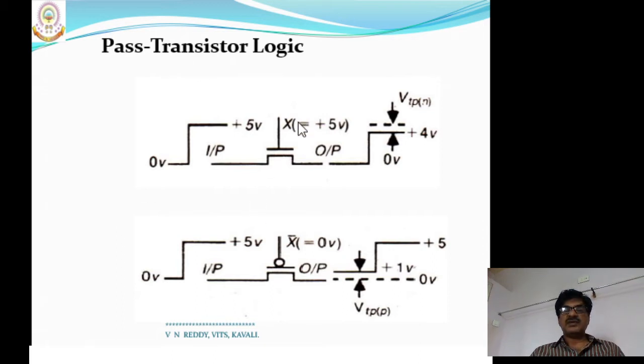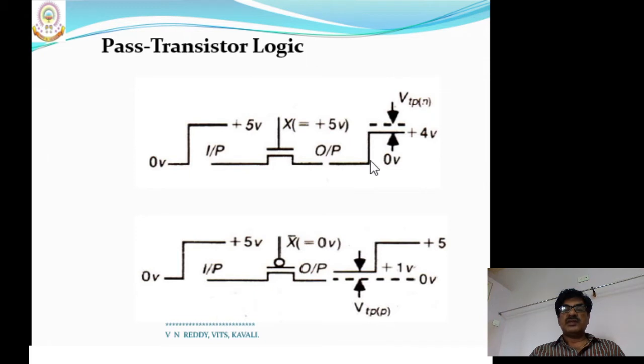See the diagram. The first one is the NMOS pass transistor with the input as the transition 0 to 1. 0 is 0 volts, 1 is 5 volts. Another one is PMOS transistor with the same 0 to 1 transition. 0 means 0 volts, logic 1 means 5 volts. That is applied at one end of the pass transistors. When they are switched on, either NMOS transistor or PMOS transistor, what is pass transistor? Whatever input you applied at one end, the same you can observe at the other end. With reference to NMOS technique,